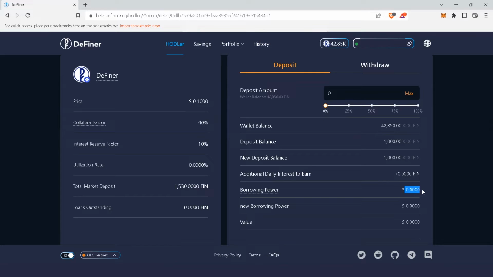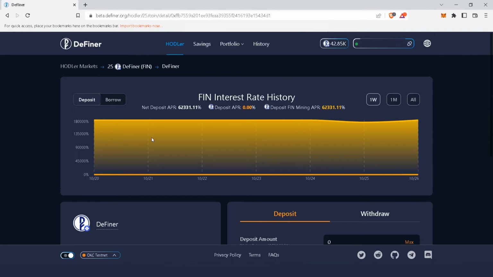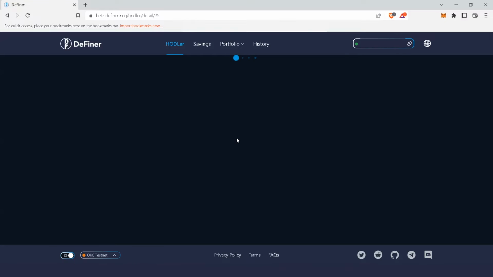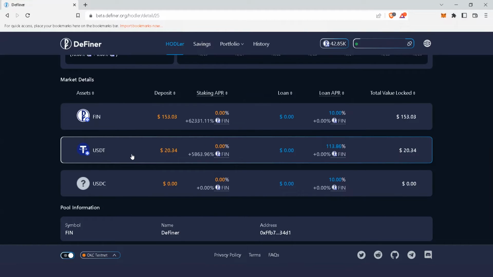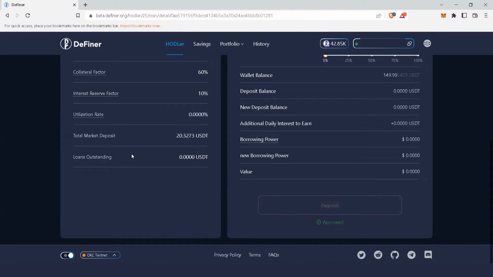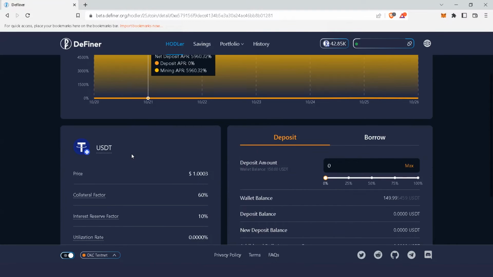So if I want to try to borrow an asset, I have no borrowing power because I don't have this enabled as collateral, using my FIN tokens in this particular market as collateral to borrow against it, let's say other stables. If I go back to market number 25, and I want to borrow, let's say USDT, which there is a bit of value in there, about $20,